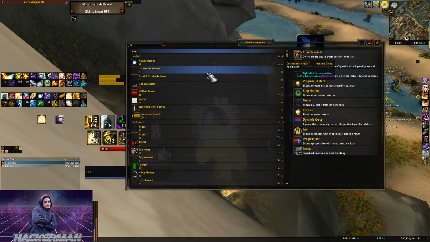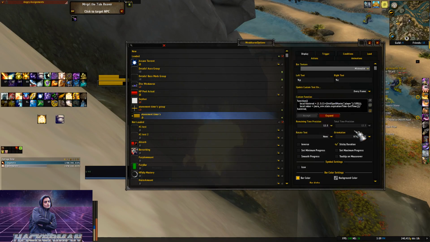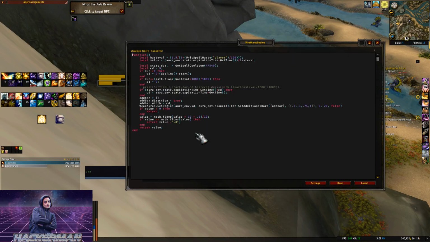Best weak aura I've ever made. This is just absolutely beautiful. I'm going to talk about this atonement weak aura, and then I'm going to talk about the implications of useful functionality. So, WeakAuras added a couple months ago, I think 2 months ago now,